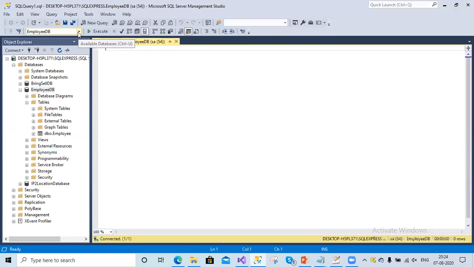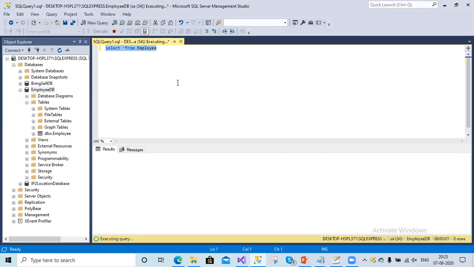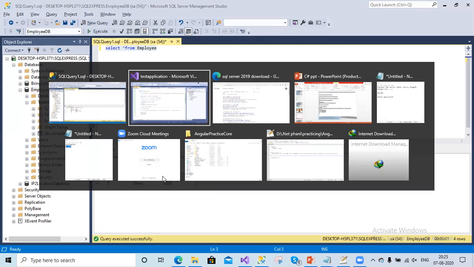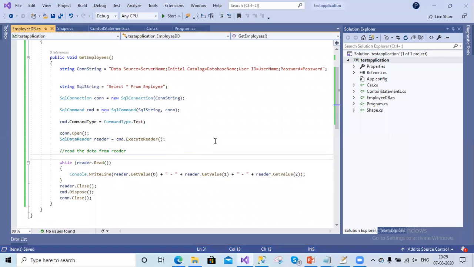It is connecting with the EmployeeDB database. To get the data from the employee table, we use the select command, select star from employee. To execute this, we can just click on execute to get all the data. Here we see we have 4 records in this database.